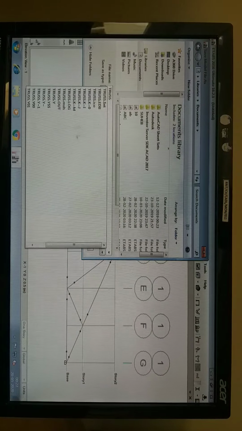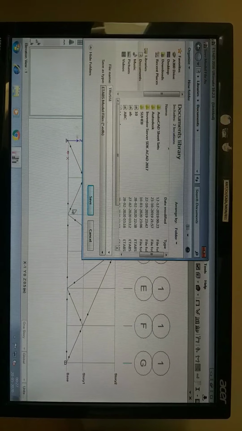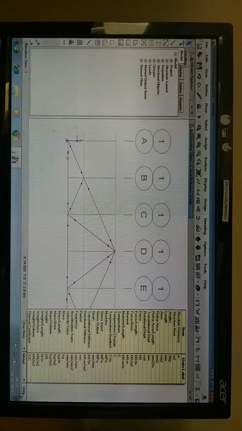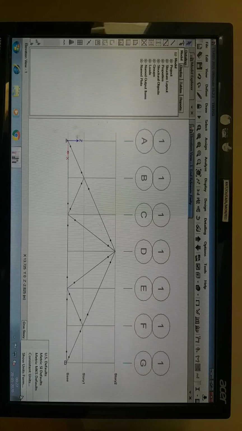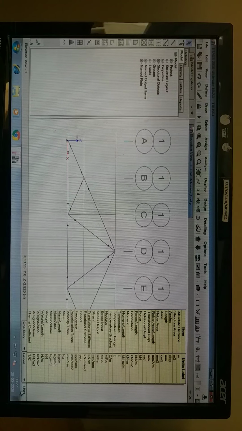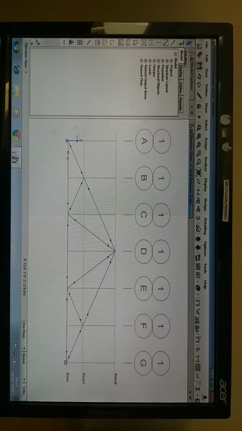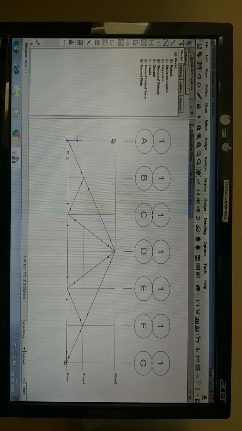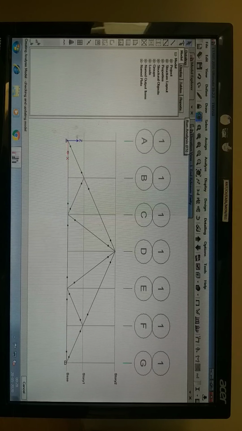I want to save the model as truss. So here it is going to be saved, and here you can see the units we are going to use. The distances are in meters, length in mm, area in centimeter square, the load in kilonewton. All the units you can cross check over here. And then after saving this, run the analysis. So here you can see run analysis.